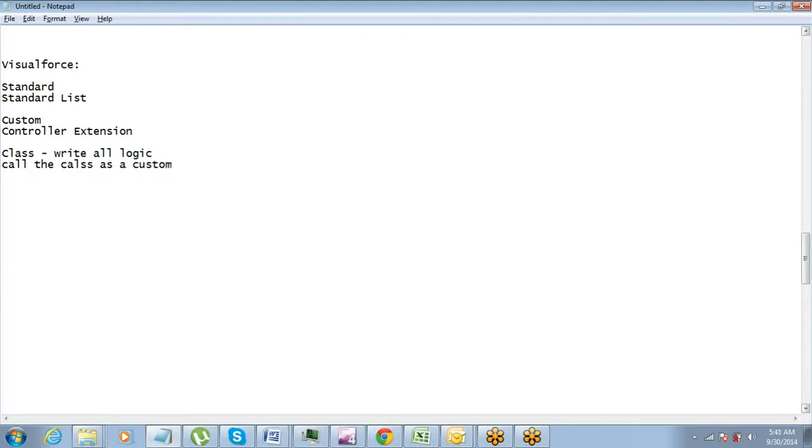So this is what we are going to do. It's very simple. So where do I write the logic? I cannot write the logics on the Visualforce page, because that is where I can write the Visualforce components or the markups, right? So where do I write all these logics? I would write it in a class and then call the class on the Visualforce page. Alright.